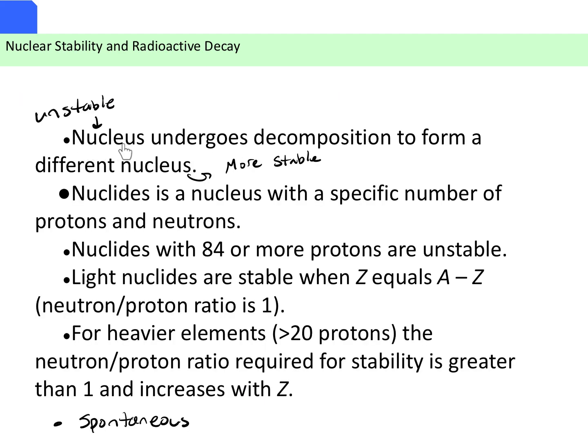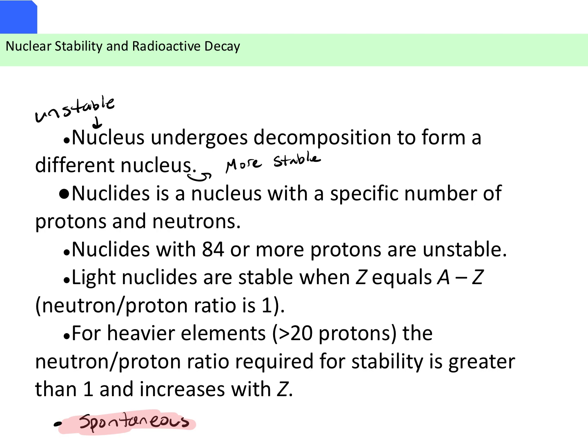An unstable nucleus will undergo decomposition to form a different nucleus that is more stable. This is done spontaneously. I know we talked about spontaneity in terms of Gibbs free energy in previous units, but in the world of nuclear chemistry, the rules of regular chemical reaction chemistry do not really apply. Nuclear chemistry kind of stands alone as a study of chemistry that's not the same. Some of the rules we learned about, such as the law of conservation of mass and